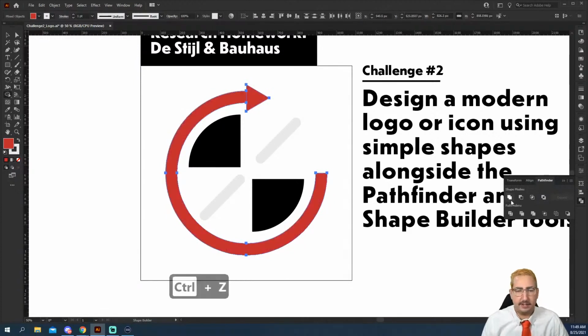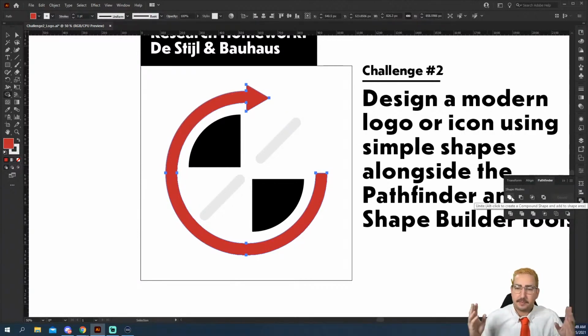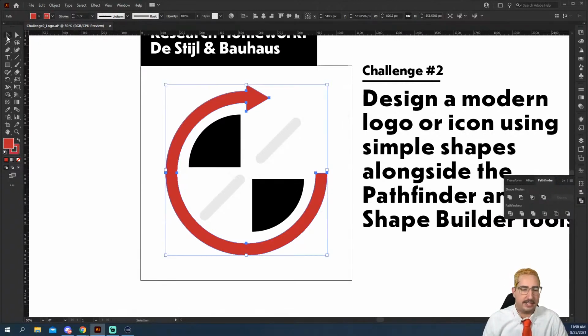Or we can use the Pathfinder tool to go ahead and join those together. The first one over here on the Pathfinder is Unite, and we'll join them together. The next one is minus front. That is the hole punch, right? Punching the top object out of the bottom. And then we have intersect. That is the overlapping that we used. And then exclude is the opposite of the overlap. So those are the kind of overviews for what the Pathfinder is.